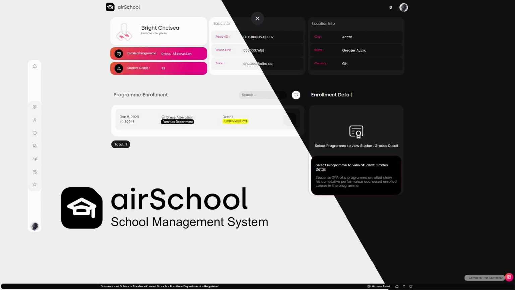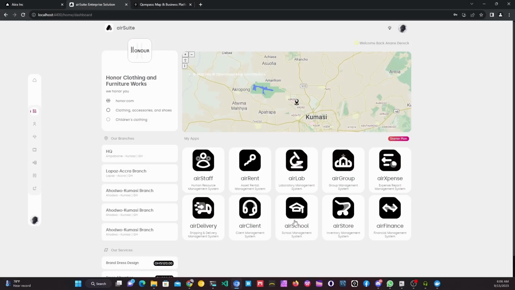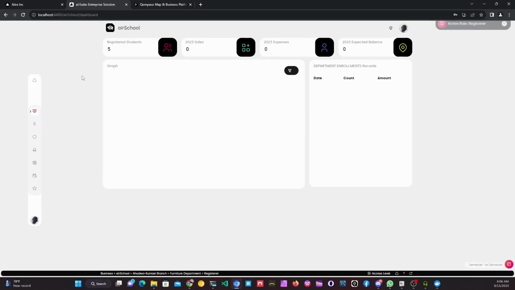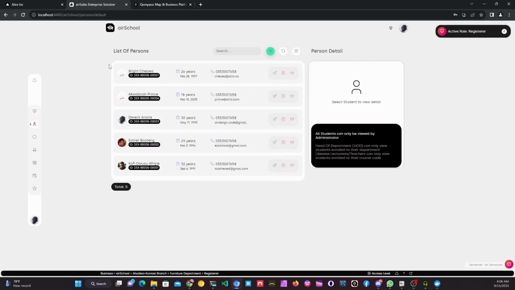airSchool School Management System has 3 roles, that is, registrar, head of department, and lecturer or teacher. At the registrar level, we see number of registered students, sales, expenses, and expected balance for the academic year. We can see the students or clients of the school, view their profile which displays the programs enrolled by the